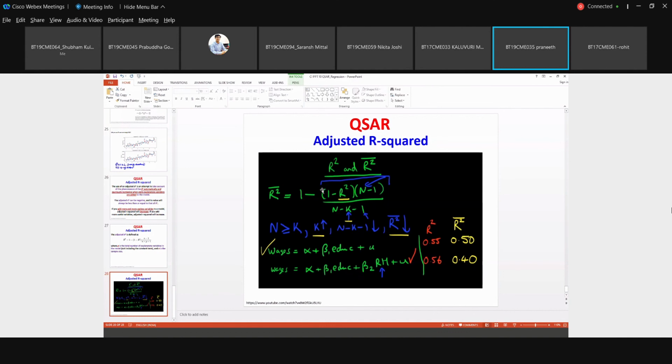Yeah, if you are adding more and more variables into the earlier model, you should definitely evaluate the adjusted R square value. Or else we can find R square for this new model from the start, using the data points.